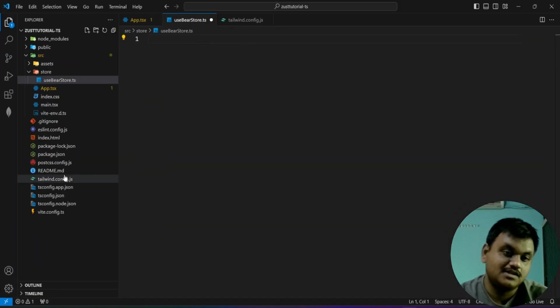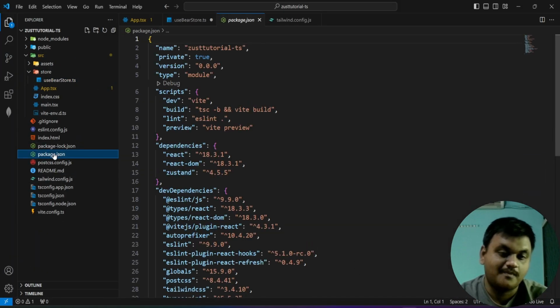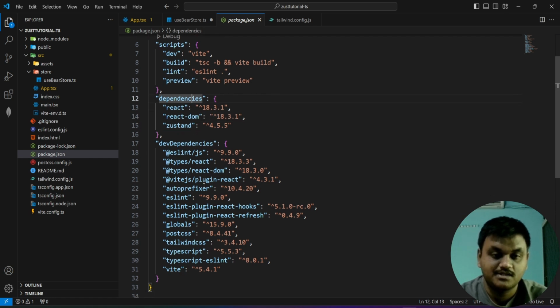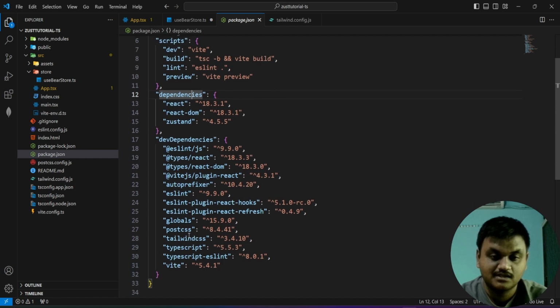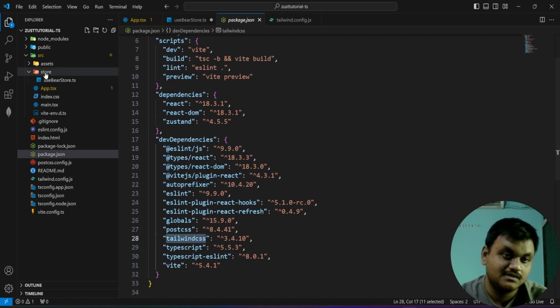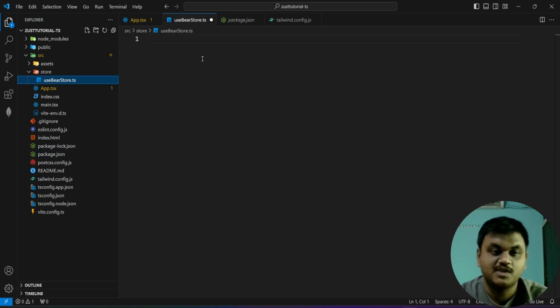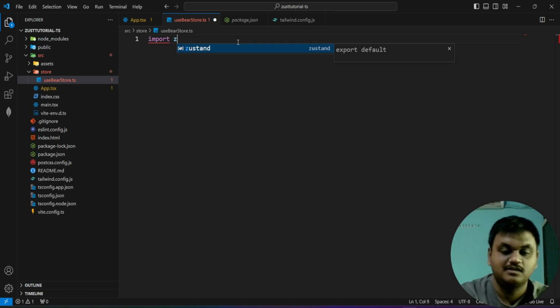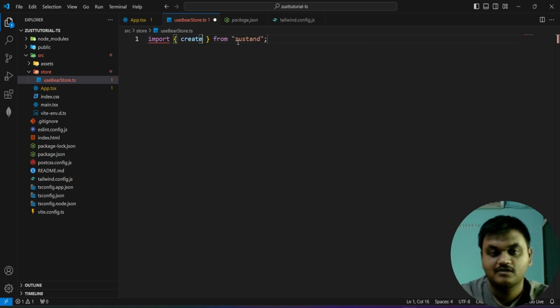If you want to see whether it is installed or not, go to package.json. Go to the dependencies. Zustand is installed. Tailwind is not in dependencies; Tailwind is installed in the devDependencies. If you see here, this is Tailwind CSS. Go to useBearStore.ts. I'm going to import Zustand. Import create from Zustand